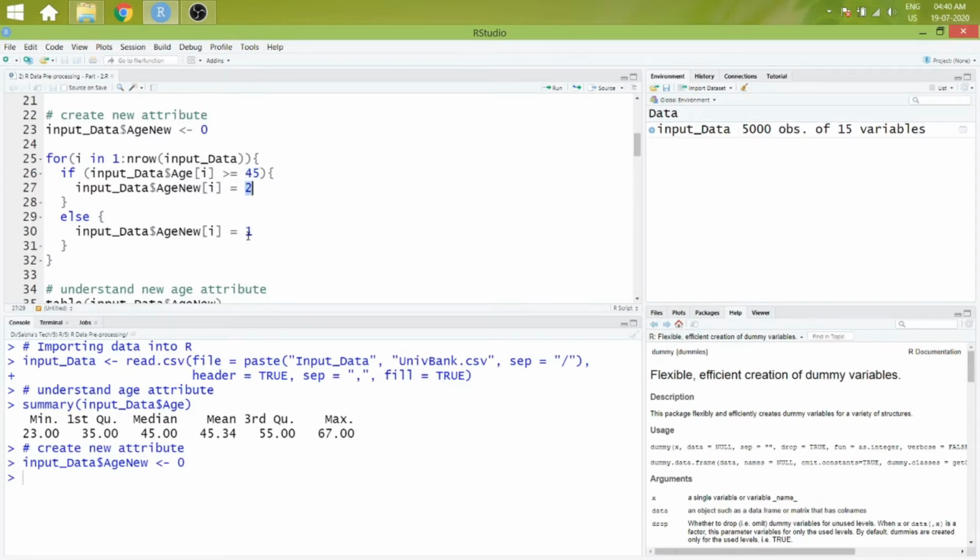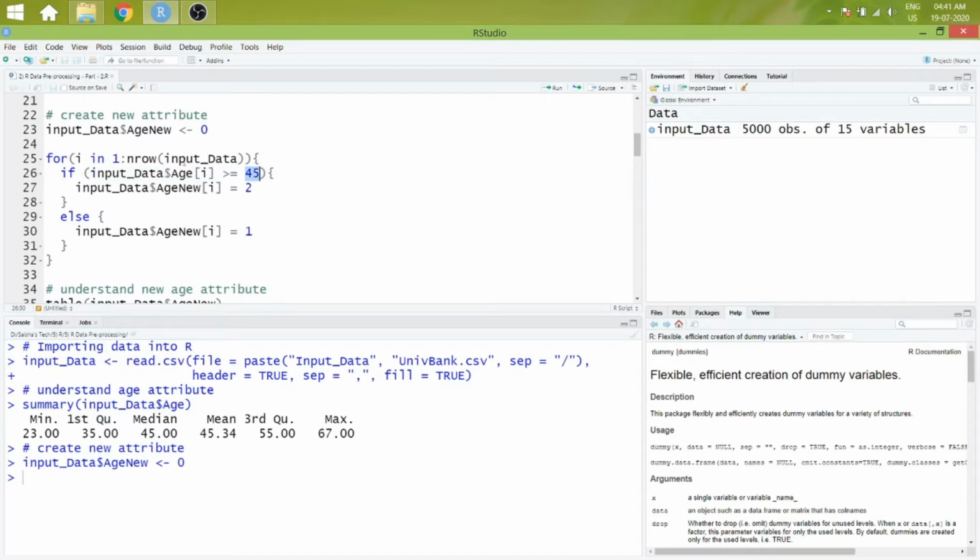Similarly, if the age is less than 45, we are assigning the value as 1. We are also demonstrating how to use for loop and if loops. If loop contains a logical statement which provides output as true or false. In line 26, we are verifying each value whether it is greater than 45.